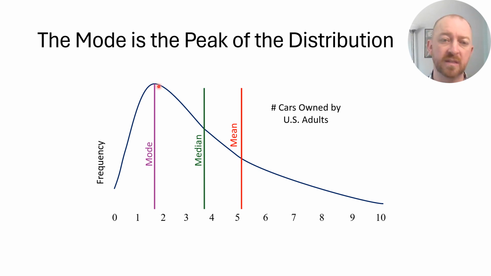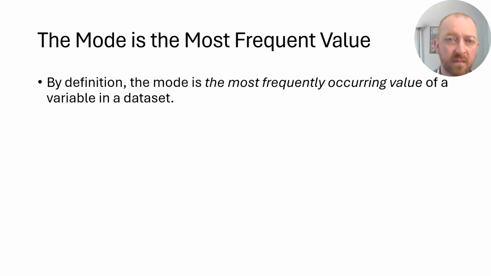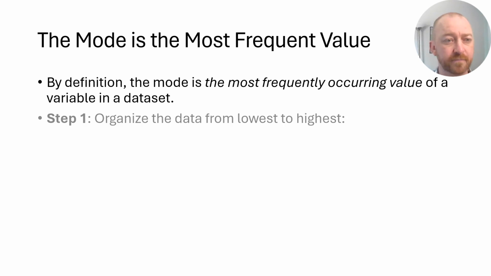Okay, but of course you may notice that there's something missing here, this peak of the distribution that we haven't mentioned before. Well, that is by definition the mode of the distribution. It's the peak of the histogram if you're using a histogram. However, you could also refer to it by this. The definition of the mode is that it's the most frequently occurring score in a data set, or the most frequently occurring value of a data set.